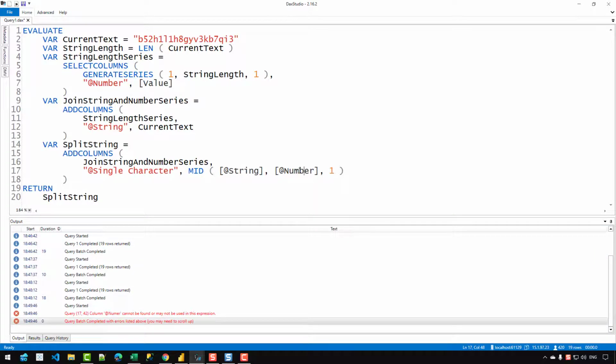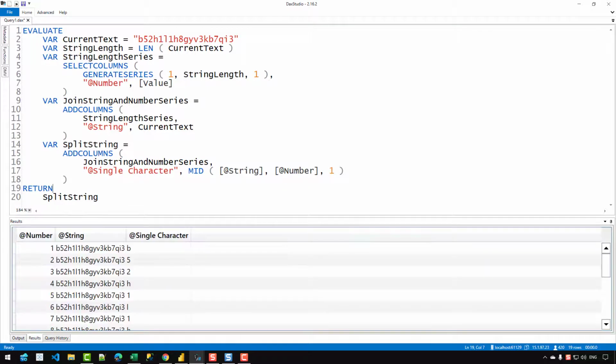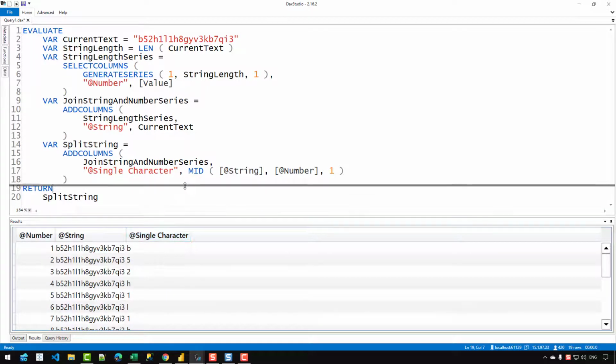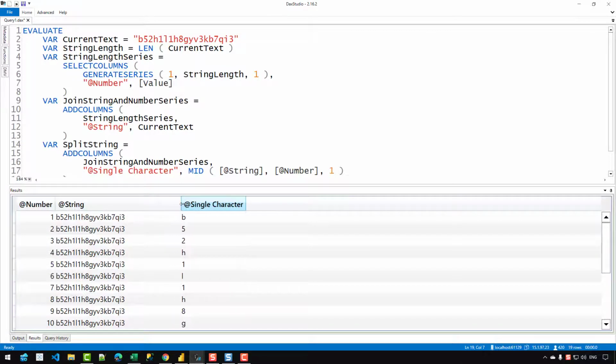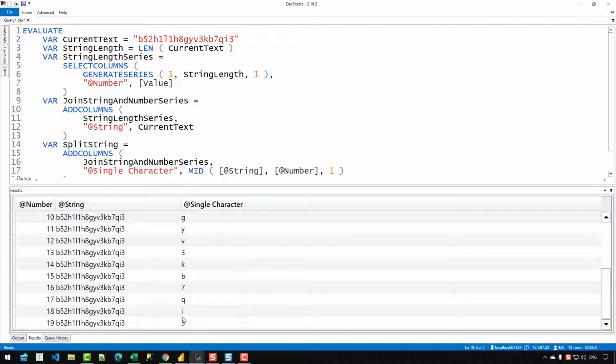So let's make sure that the spelling is correct. So let's see the third column. You can see that first I get B, then I get 5, then I'm getting 2, H, 1, L, 1, H. And if I go to 19, I get 13, and for 18 I'm getting I. So now that I have extracted all the values in a single column for each single value or single character, what I can do is simply check which of these rows are actually containing a number.